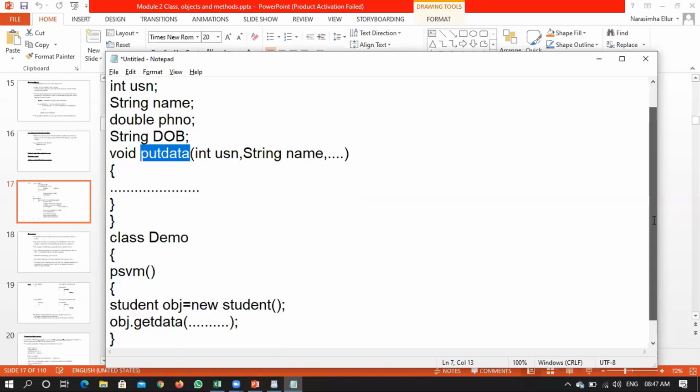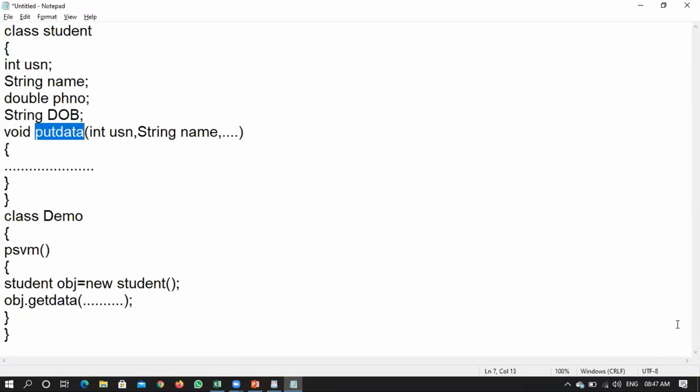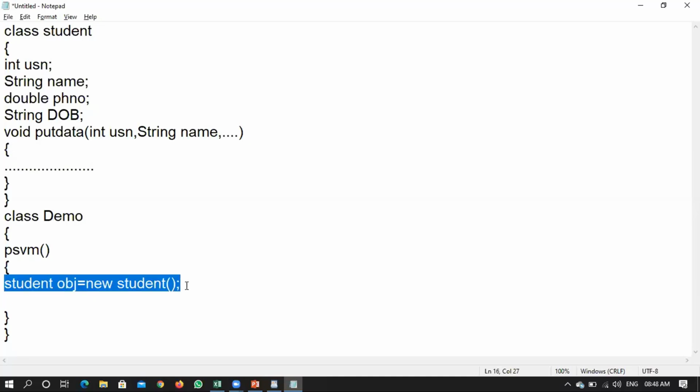We have seen with respect to the last classes, what I'm saying is, it is going to increase the number of lines, right? At the same time, it is going to decrease the readability of the program, right? So now what can be done? Which is a better, more convenient way to do this particular process, right? So that particular method is nothing but constructors, right? So what will constructors do? Before we understand what constructors will do, we have to analyze how exactly this particular statement will be executed, right?